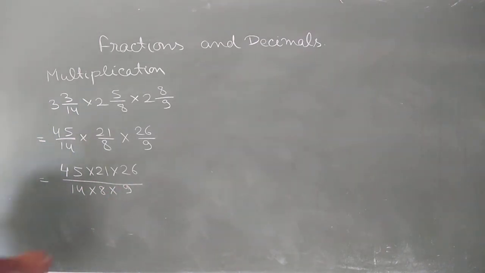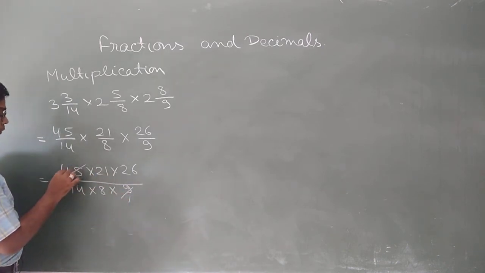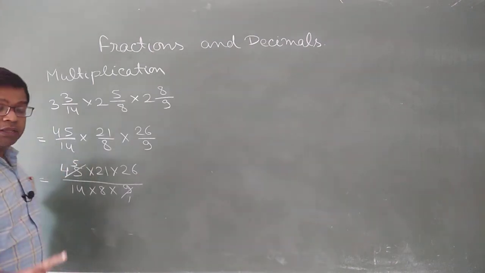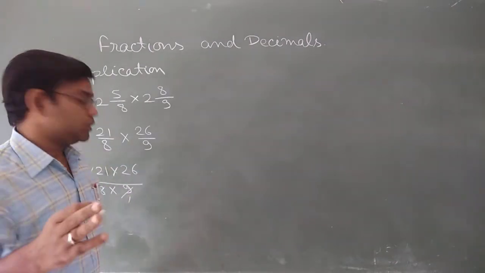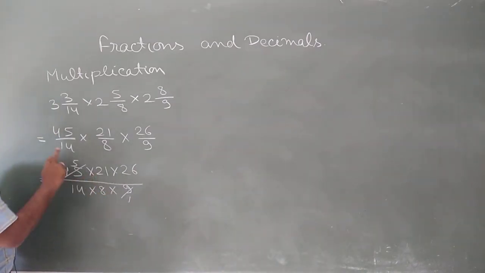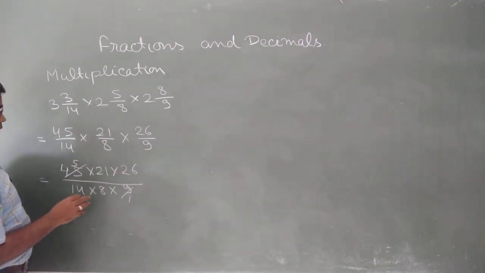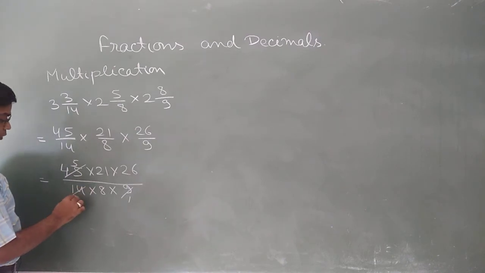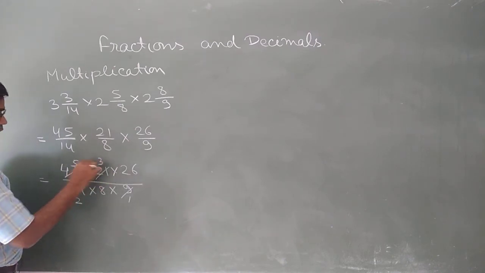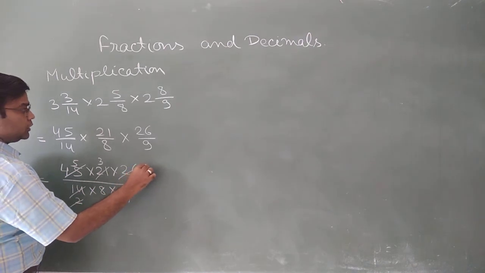Now see, this is your division sign and these are all multiply signs. So we can easily cut: 9 1s are 9, 9 5s are 45. Remember, if there is a plus or minus sign, we are unable to simplify likewise. We can simplify if and only if it's a multiply sign or simply whole numbers. Then 7 2s are 14, 7 3s are 21, 2 13s are 26.